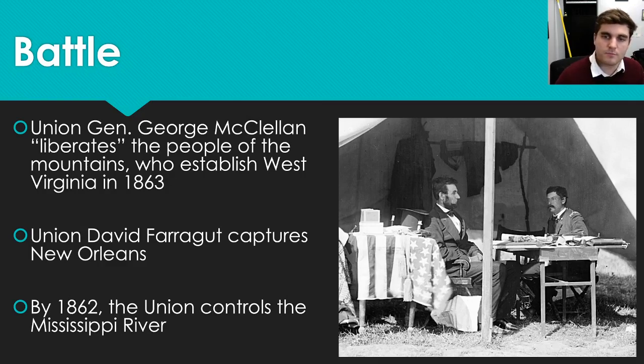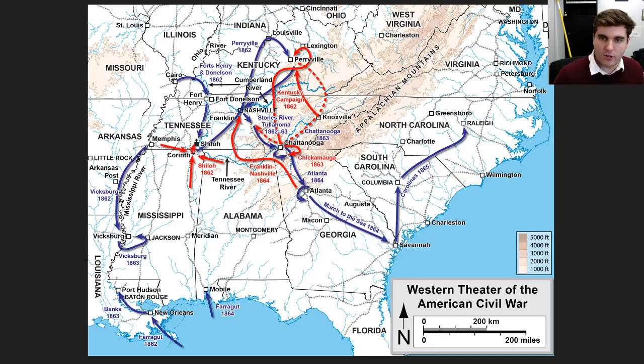So it's difficult generally to just kind of talk and not show maps. So I really want to go through and highlight what I'm talking about here. From 1862, Farragut comes up and captures New Orleans. By controlling the Mississippi River, you've effectively cut the South in half, because now Missouri, Arkansas, Louisiana, and Texas over here are all cut off from Mississippi, Alabama, Georgia, South Carolina, and North Carolina.